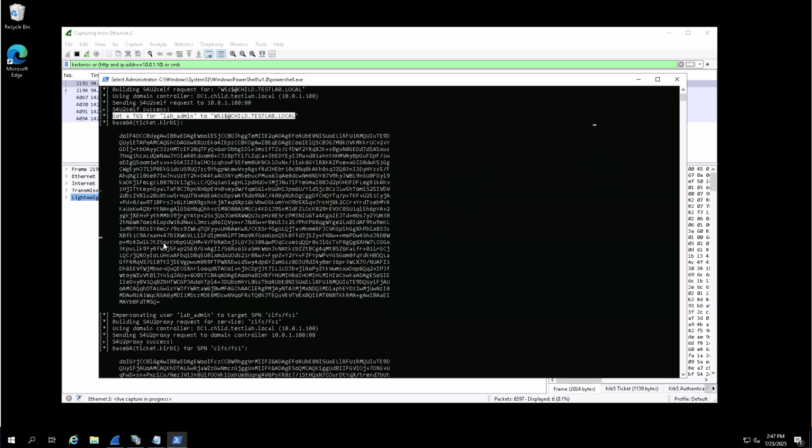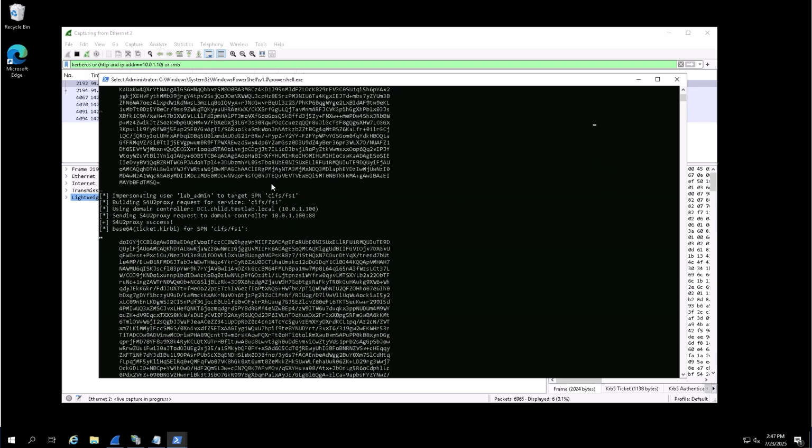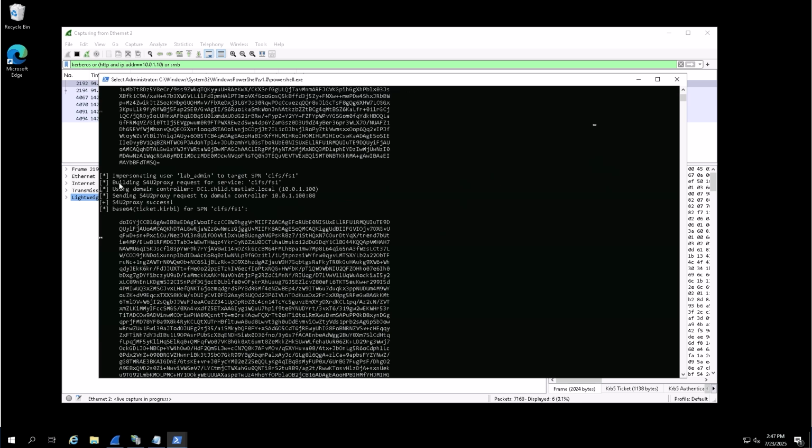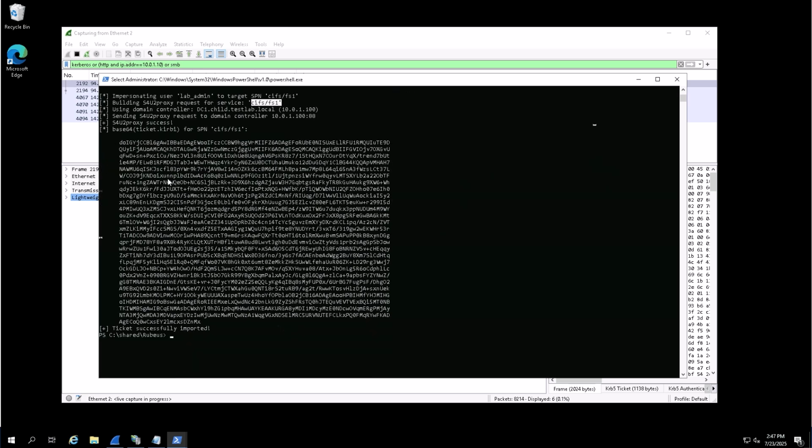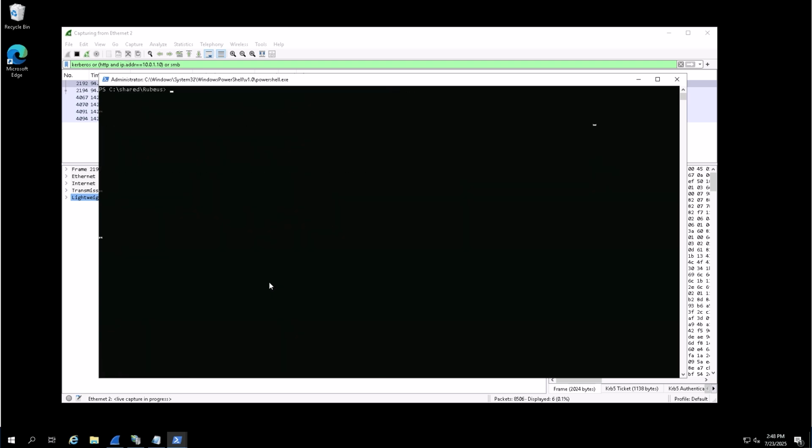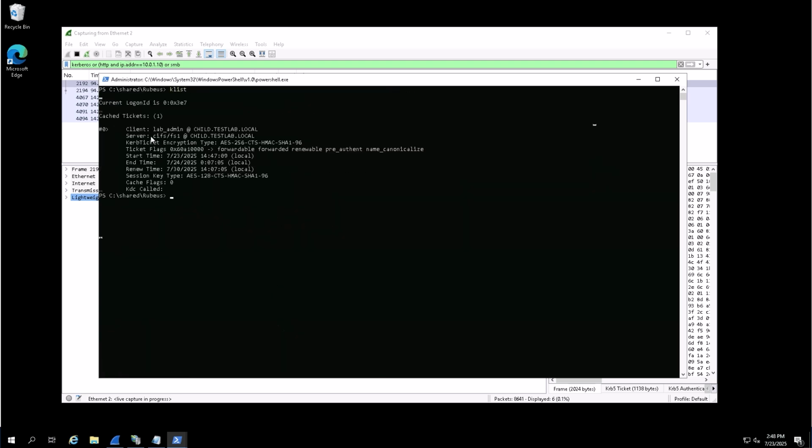So with this ticket, Rubeus will then automatically perform the next step. It will do the impersonation, invoke S4U2Proxy for the target we specified, so CIFS on FS1 in the name of lab admin, and it will pass along the ticket that we previously requested. So this seems to have worked as well. And now, as a result, if we look into our tickets, we see that we really have a ticket for CIFS on FS1 in the name of lab admin. So this we can then use to really access the